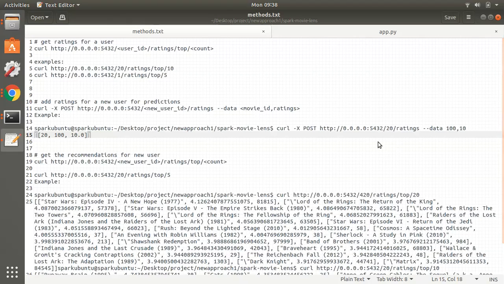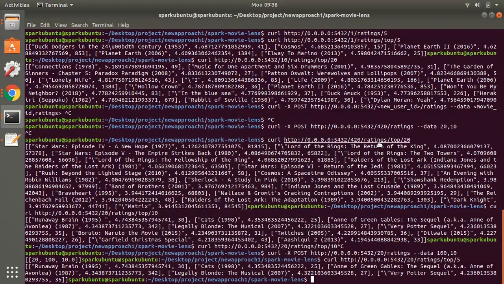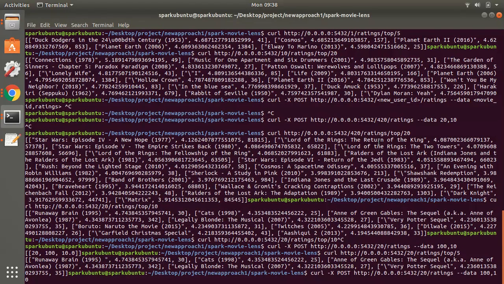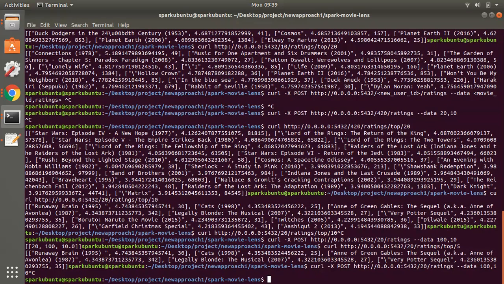We will change this because this is already there, and we will type, let's say, for user number 15, and the ratings for the movie ID 100 will be,